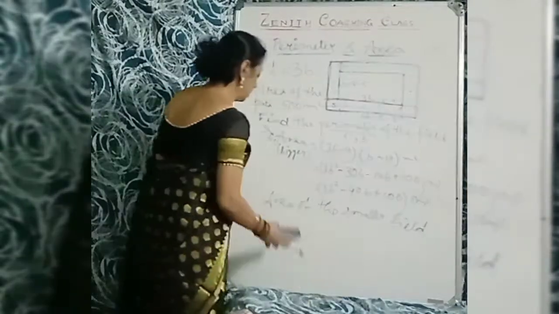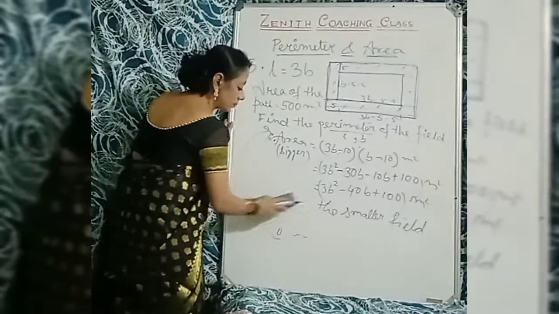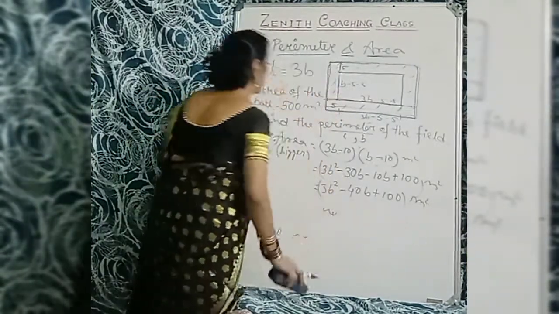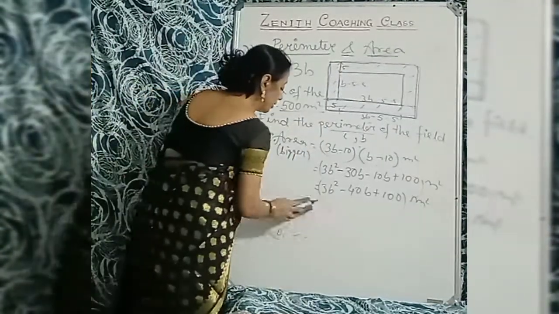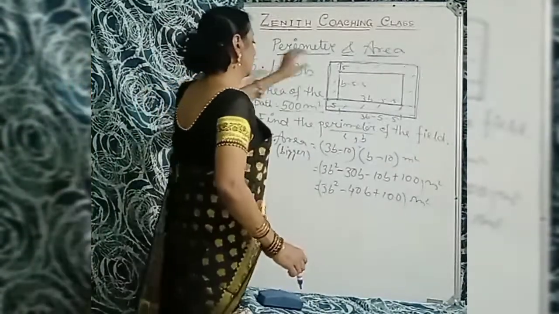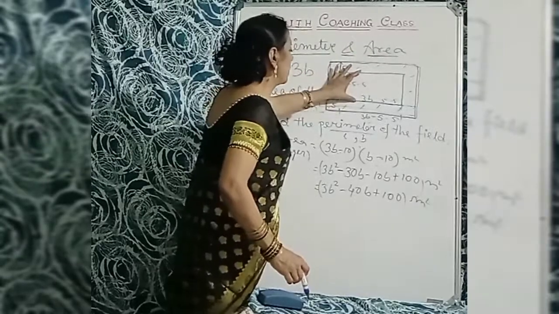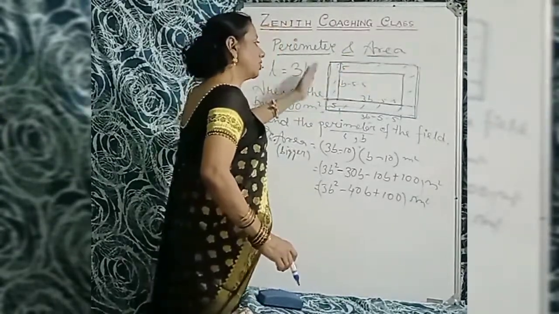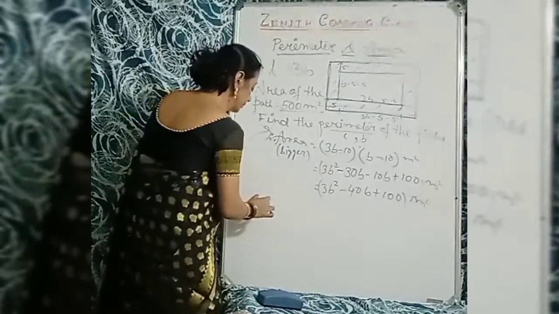Area of the path that you have to do is 500 meter square. So according to the problem, area of the bigger field minus area of the smaller field equals area of the path. I taught you this in the previous sum also. So according to the problem,